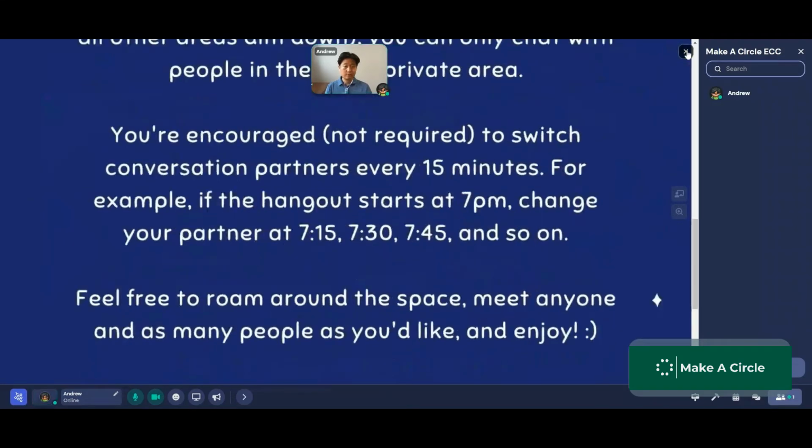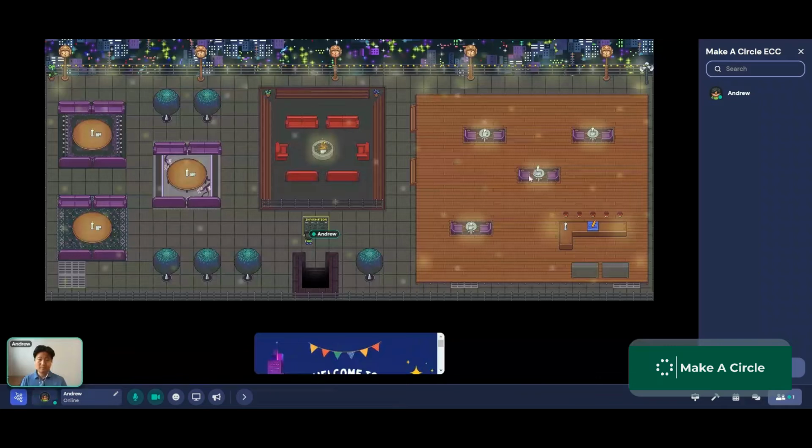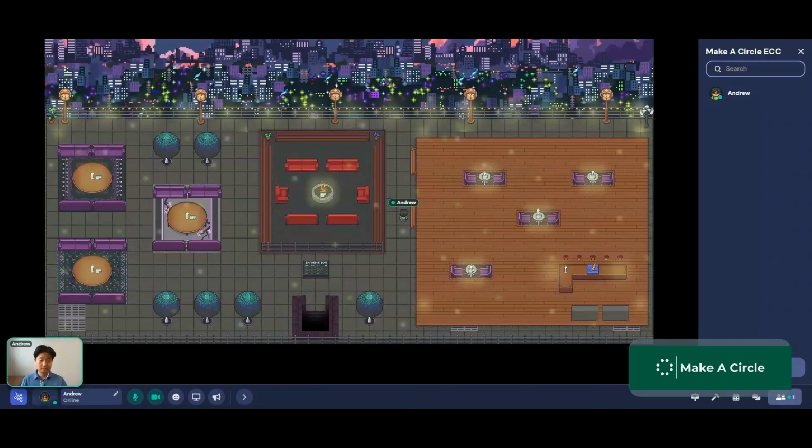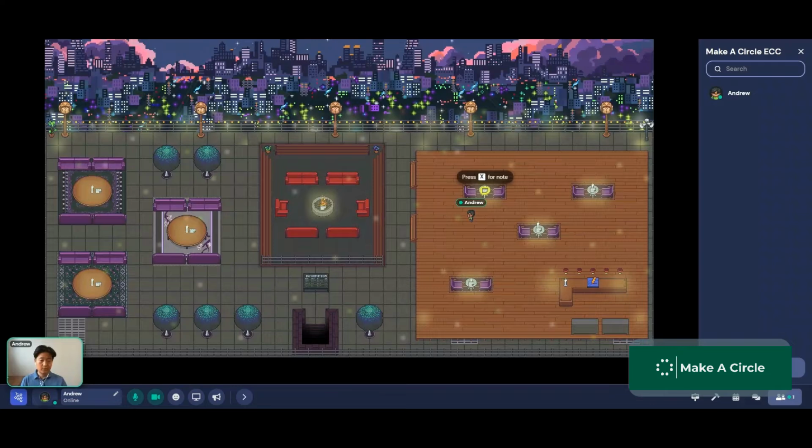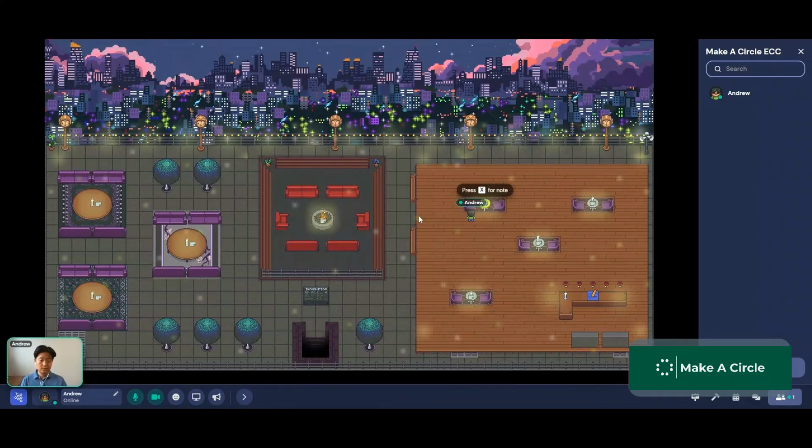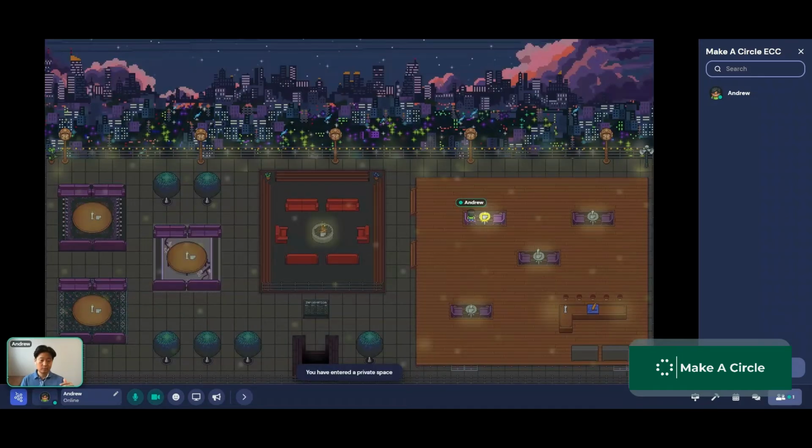But for now, I will explain to you so you don't have to read it right now. Basically, on the right side of the rooftop, you can have one-on-one conversation. Here you see these designated areas. And when you enter these areas, you notice that everywhere else will darken. The brightness will darken a little bit, which means that you are only able to chat with the person in the same private area.